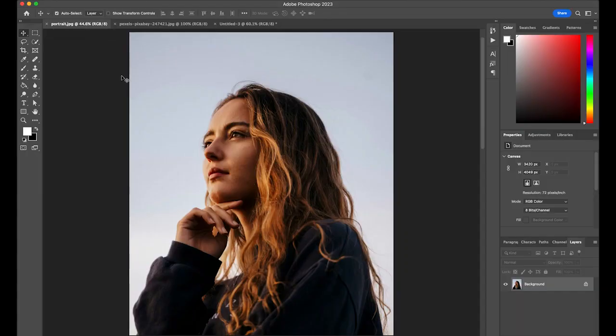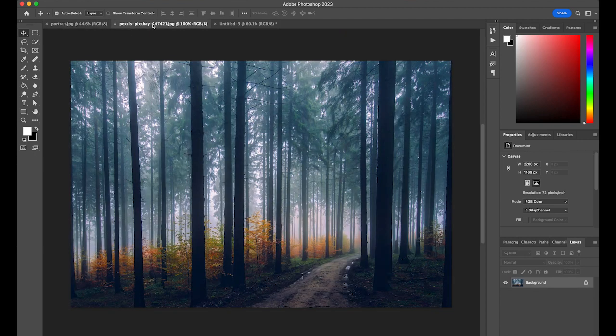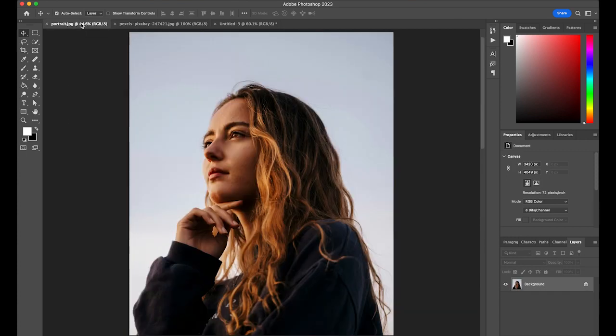Okay, so please download these two sample files from the link I provided in my description. One, the portrait of this lady, and the background image I'm going to combine, like woods. Okay, so first, let's clip this figure. There are hairs and a lot of details. So we may use the pen tool, but as you know, the pen tool doesn't do a perfect job for that type of thing. So what we're going to do is use the quick selection tool,